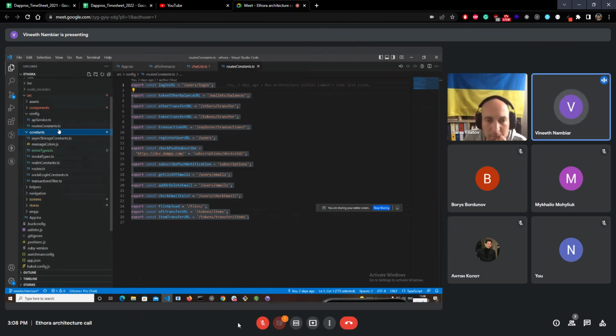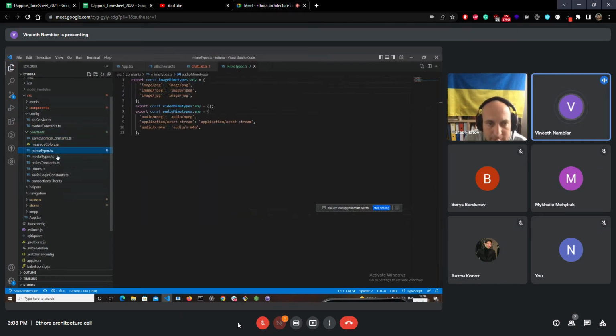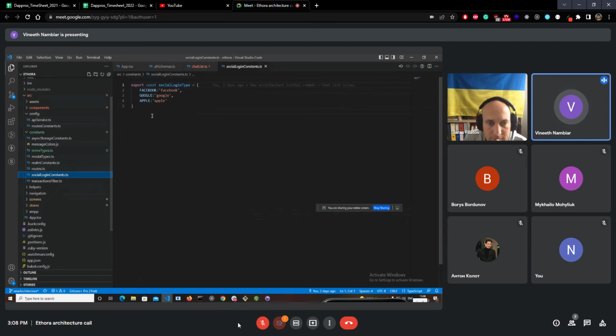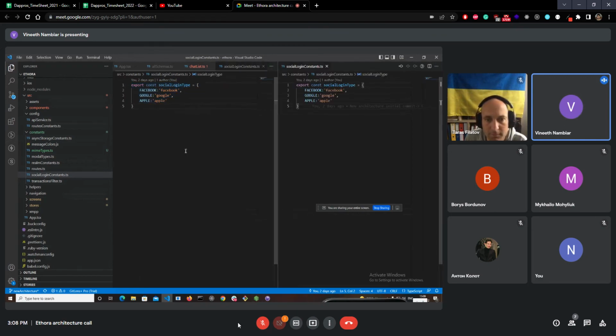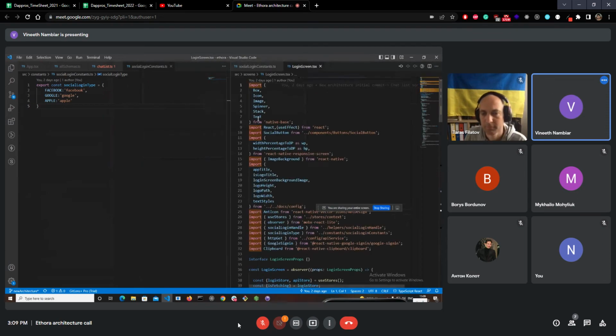And I think it should be inside the constants folder. We have a separate file with it. I mean, this file will have all the constants that we are going to use. For example, if you see over here, this is a social login type that I created. So this has 3 types, that is Facebook, Google, or Apple. So why I created this is because, for example, if you see the login screen, so